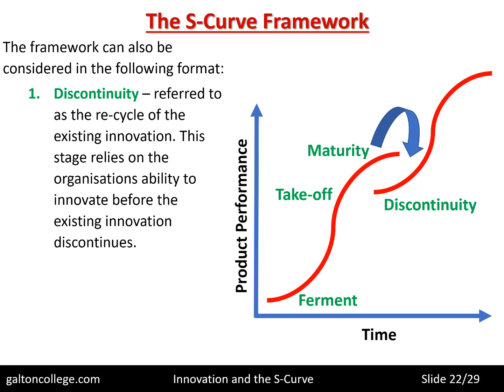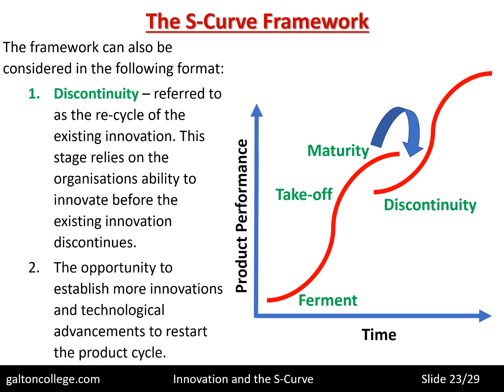Perhaps there's high maintenance cost on the machine. So at this stage, the organization has to decide on getting a replacement. So it gets the replacement and it runs the replacement in tandem with the original one. So the two are running together. The new one now has been phased in and the old one has been phased out. It's been replaced. The opportunity to establish more innovations and technological advancements to restart the product cycle. So